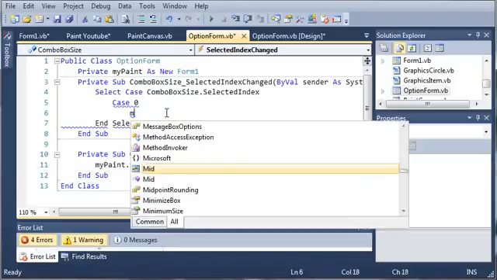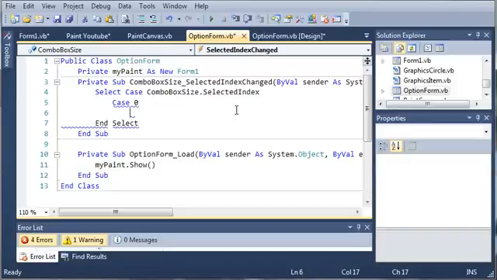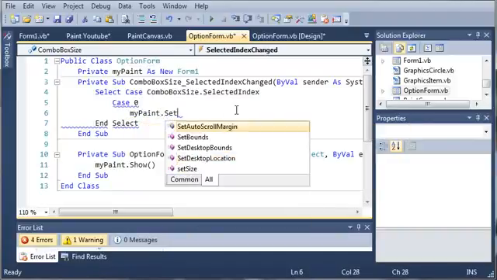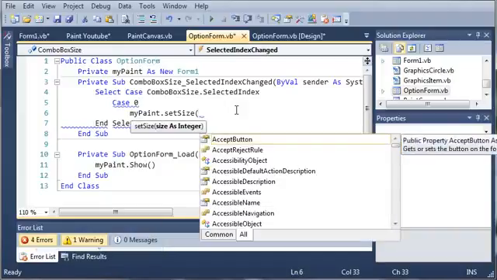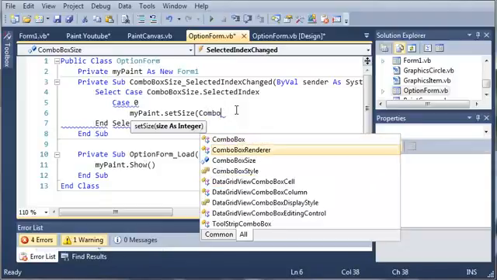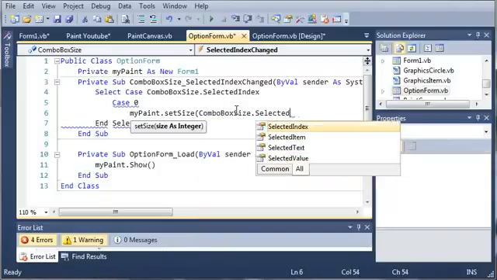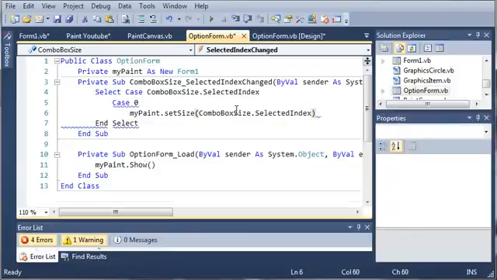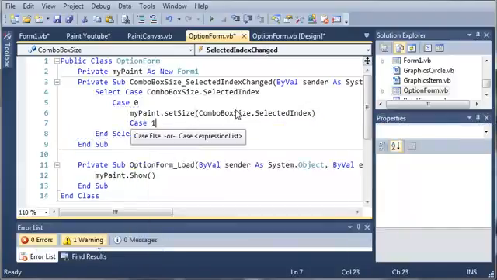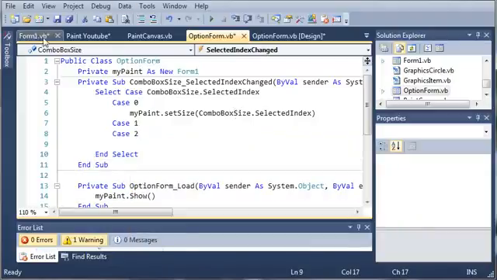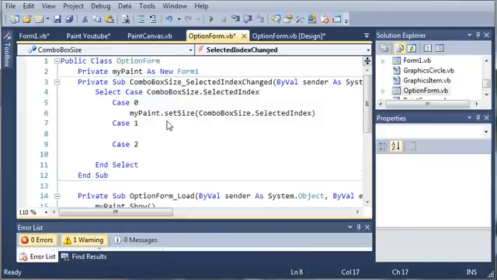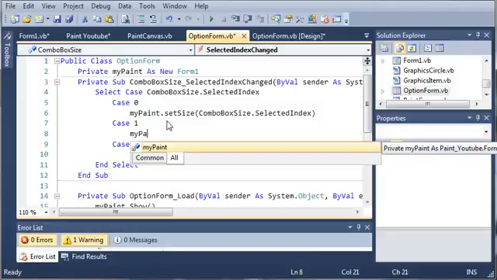and what we want to do is say my paint dot set size, and it's going to take an argument, which is size as integer, and we'll just pass it combo box size dot selected index. Now we can do this for each one of the cases. So case 1 and case 2. Now we could have used the select case in here, but an if statement will work just as well. So for case 1, my paint dot set size,